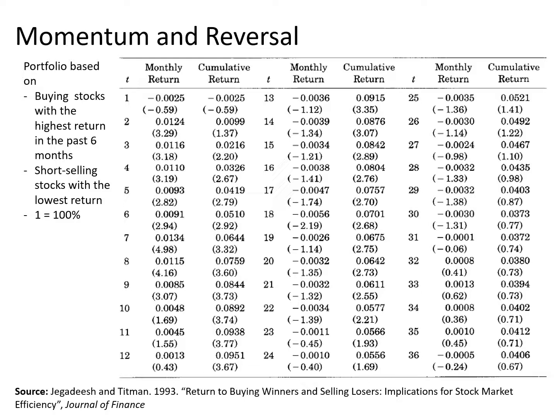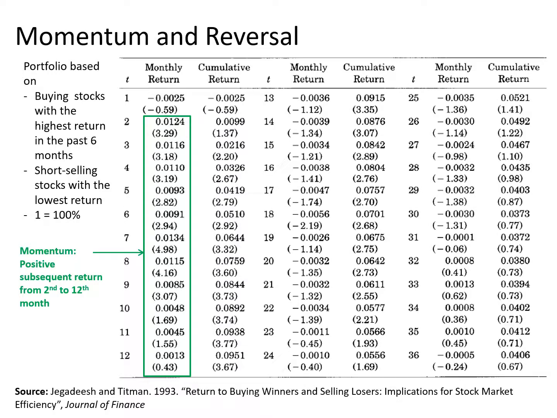And as usual in finance, the numbers within the parentheses are t-stats, right? So if you look at the first year, the rows are months, and each column is one year. You can see that in the first year, except for the first month, for month 2 to month 12, you get